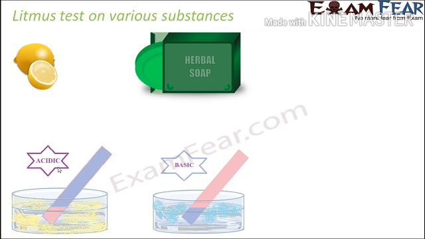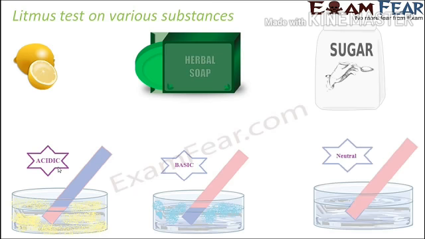Now for each of them, you actually need to prepare a solution, because only with solution these tests work. For sugar, if you prepare a sugar solution and then put your litmus paper, there will be no change in color. In fact, you can try this out with both red as well as blue litmus paper, and in both the cases you will not see any change in color. So that's how this litmus test actually helps us to tell which substance is acidic and which substance is basic. So you see, we got rid of tasting substances to find out which is sour and which is bitter, and then decide which one is acidic and which one is basic. So this is a more convenient and more simple way of deciding the acidity of a substance.